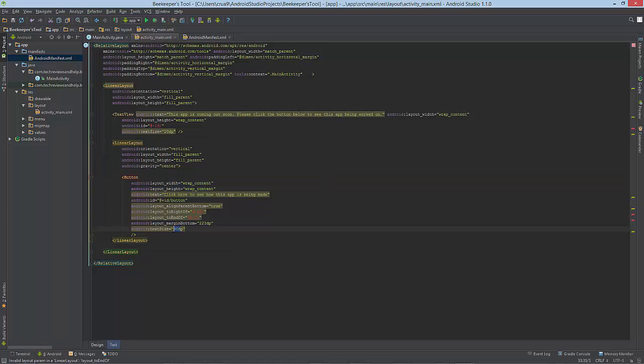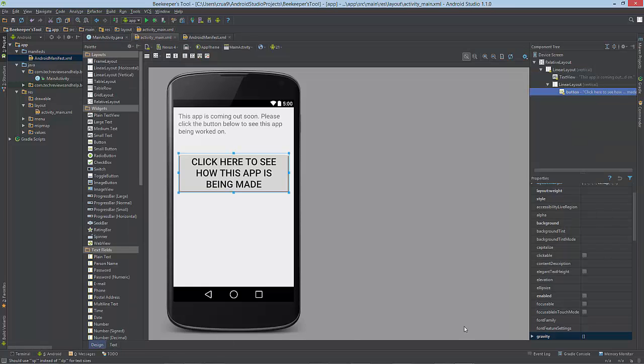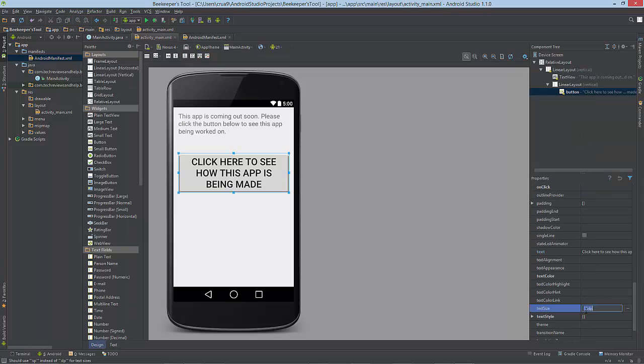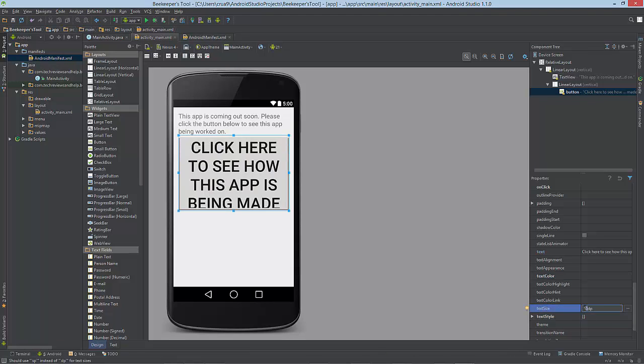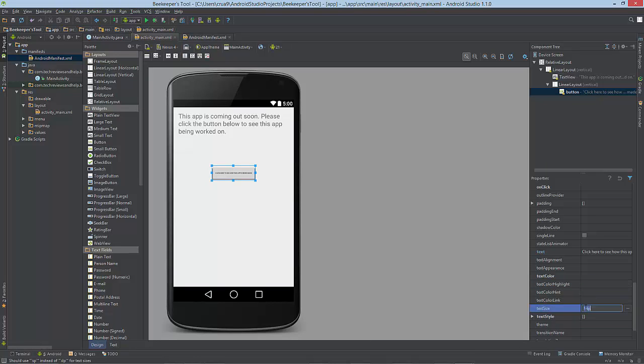If we want to change the size of the text, we can go there, or we can go here, as seen here. There we go. Or we can lower it like that. And there we go. We can also change the style,